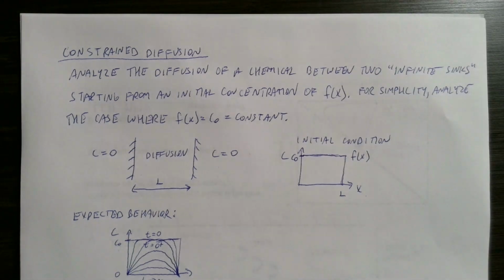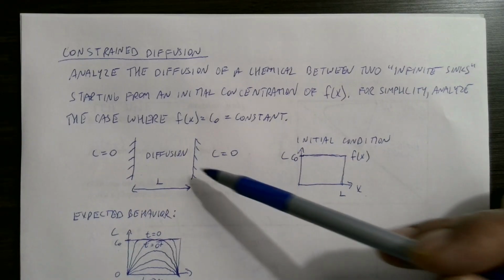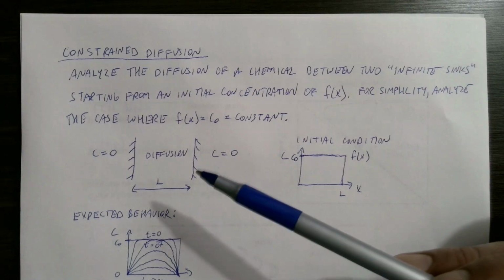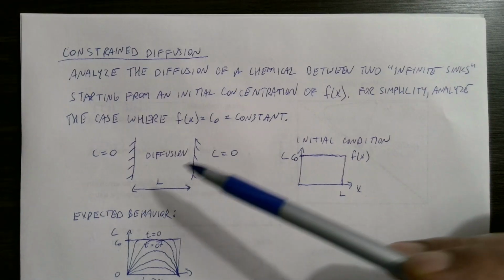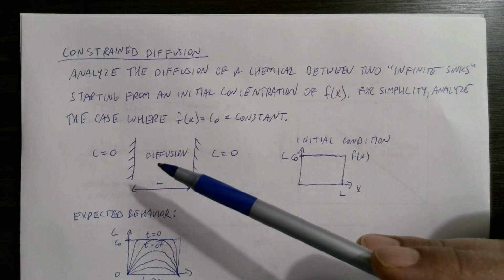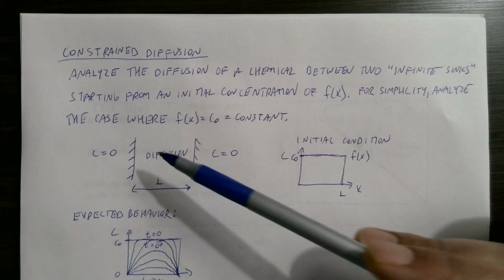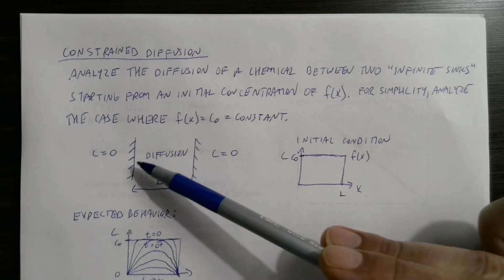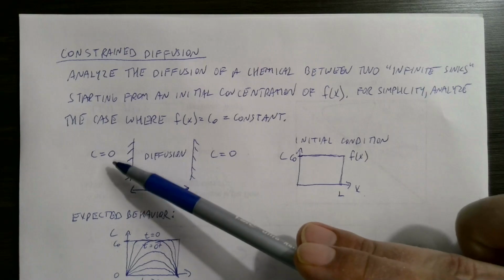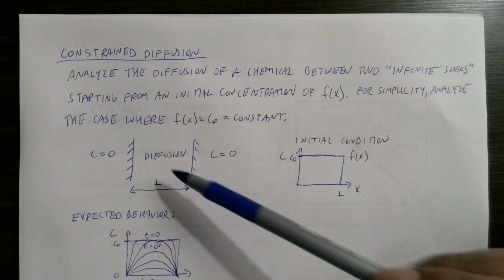All right, so we're back here continuing to talk about constrained diffusion. This is the fourth video in a series of videos looking at this idea, and again, diffusion being movement of mass from high concentrations to low concentrations based on random molecular motion, and this is analogous to heat transfer. And we're looking specifically at this problem where we have two infinite sinks that mass is going to move into